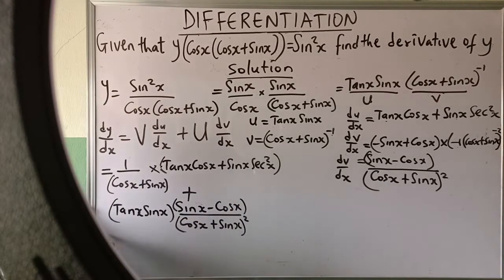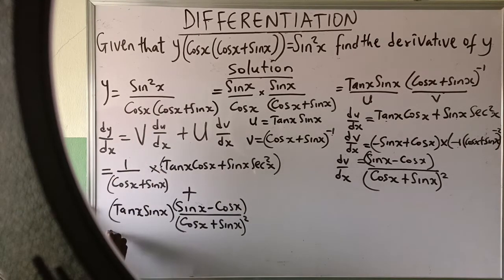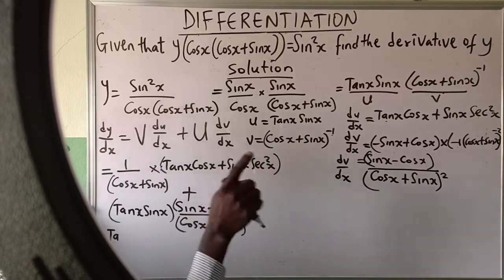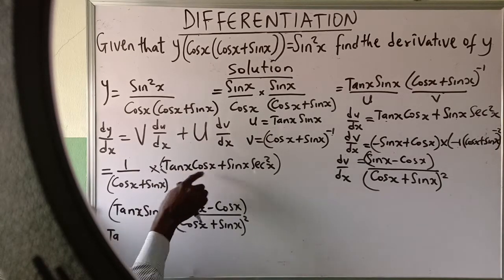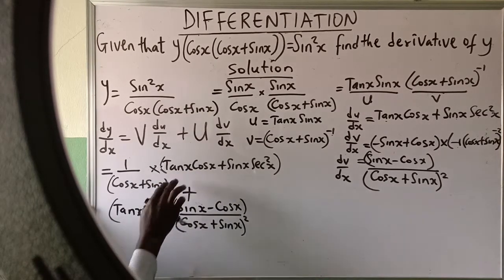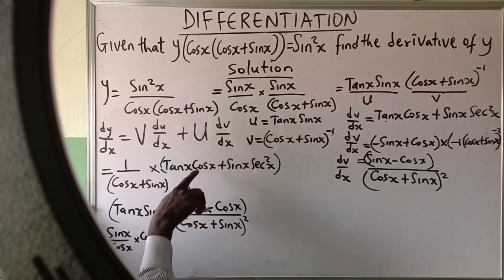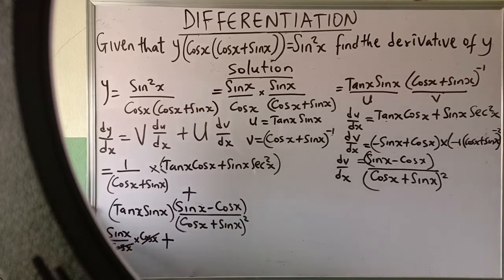Okay, so this will be giving you 1 times this, now 1 times this will give you this. Remember, tan x means sin x over cos x, and we have cos x here. So we'll replace tan x with what? Sin x over cos x. We now say times cos x, that is for this, plus, so this will cancel this, leaving you with sin